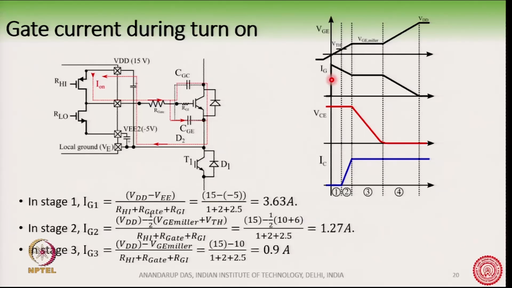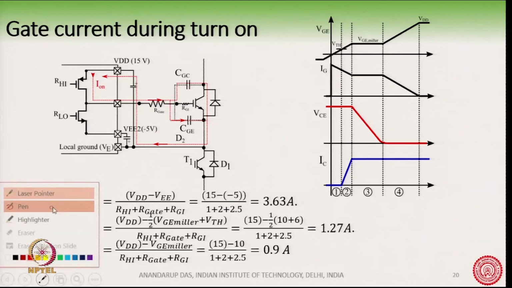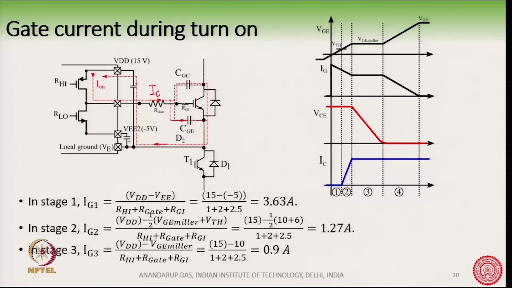In stage 1, if you apply the KVL, this is the gate current we are talking about, IG. If you see the circuit here, this is VDD,